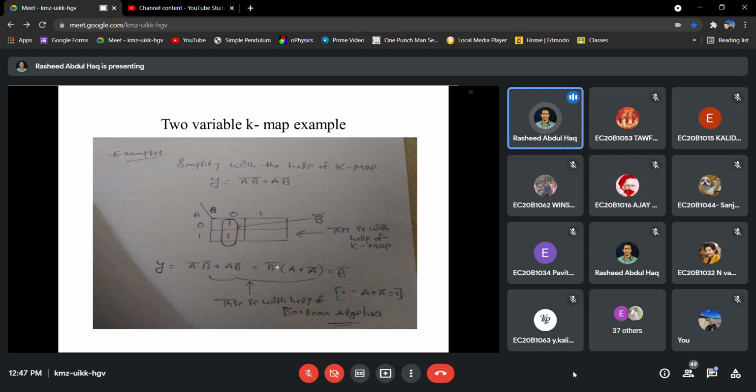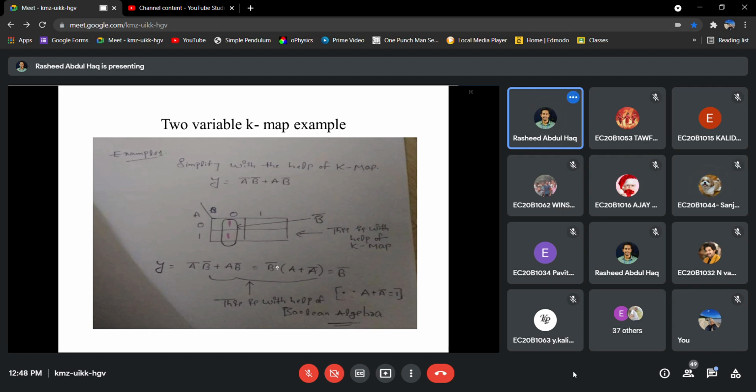Yes, sir. Okay, so you can understand from the truth table itself that the output is not at all related to A, because whether the value of A is 1 or 0, we are getting the output 1. But when the value of B is equal to 0, we are getting the output 1, and when the value of B is equal to 1, we are getting the output 0. From that, it is very clear that Y is equal to B bar. Okay, right? That is clear?